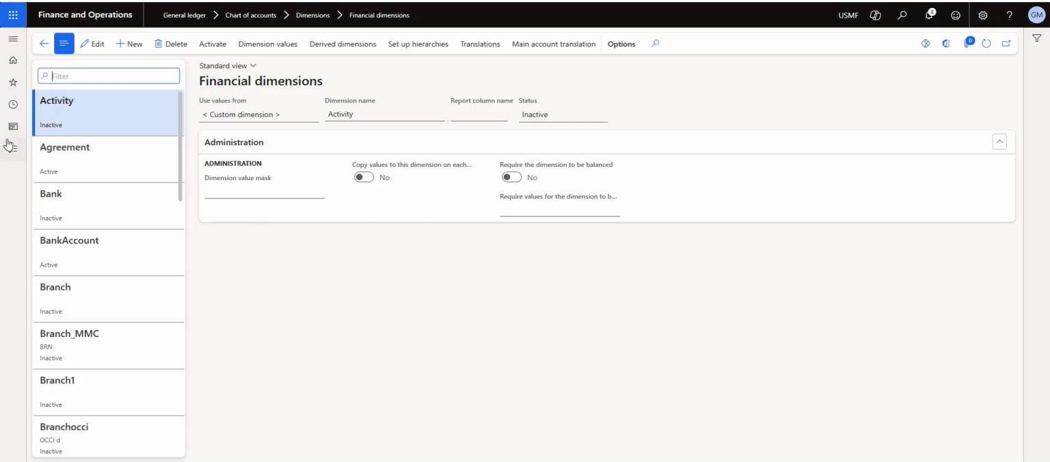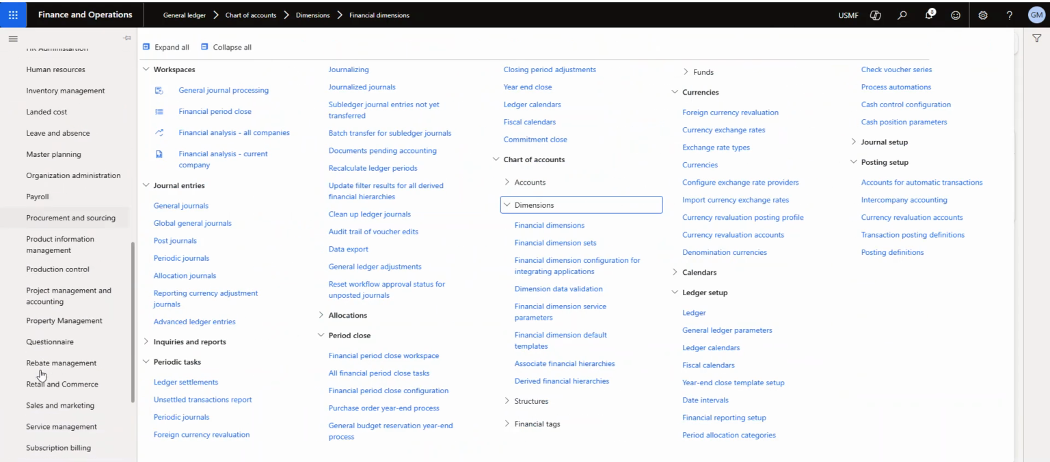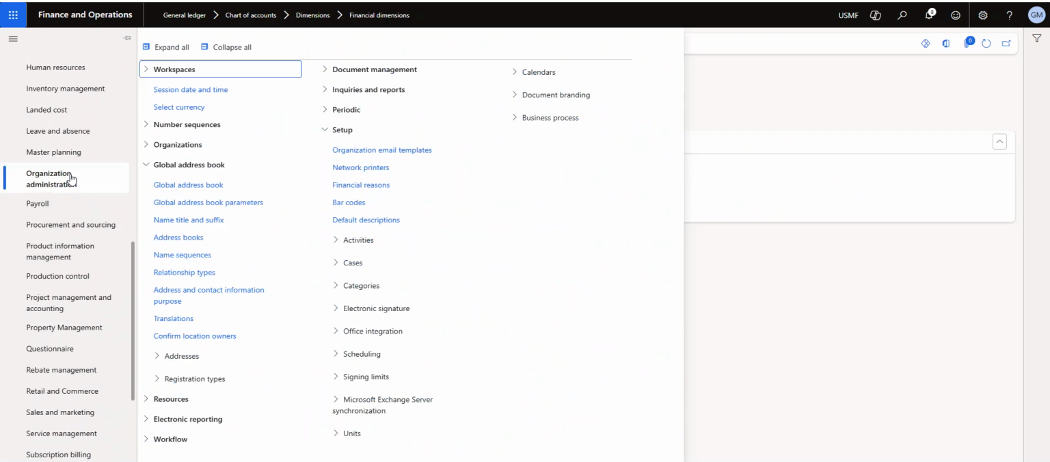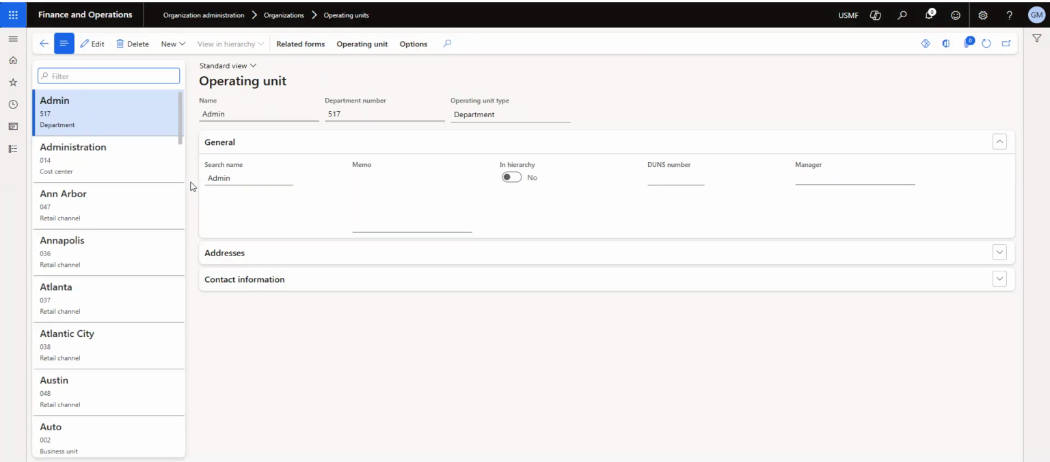For example, I want to create the business unit. For that I can directly go to the organization administration. Under organization, you can see operating unit. So under operating unit I can create my